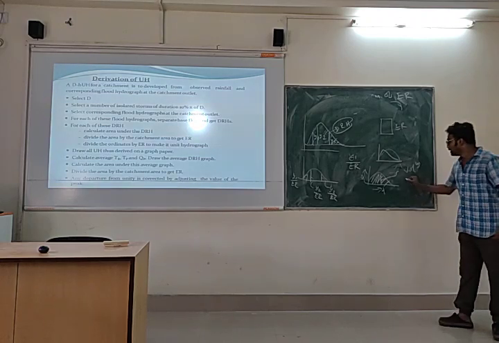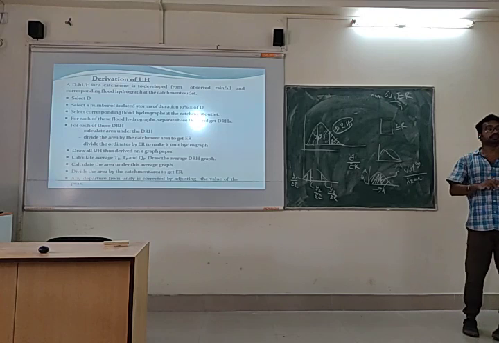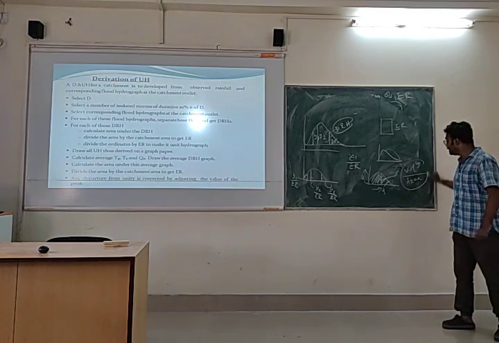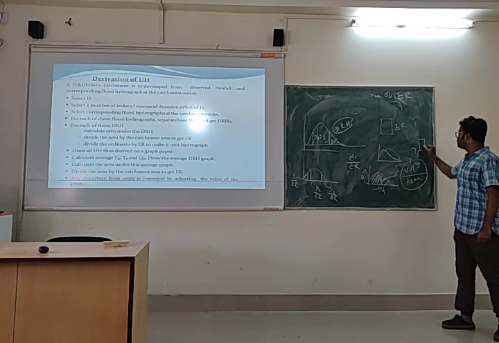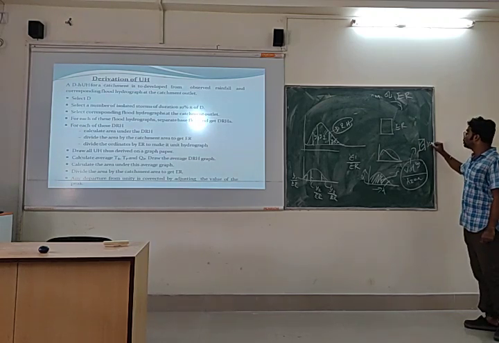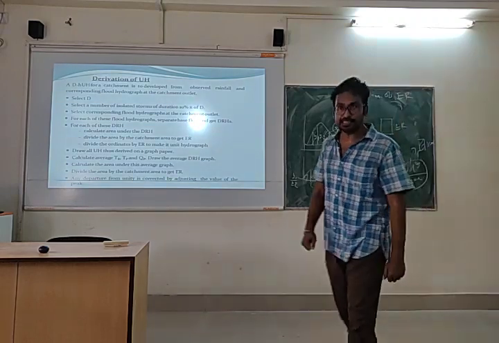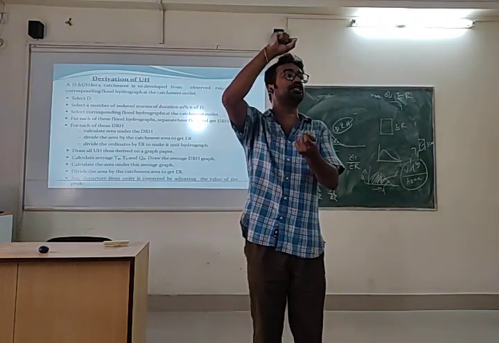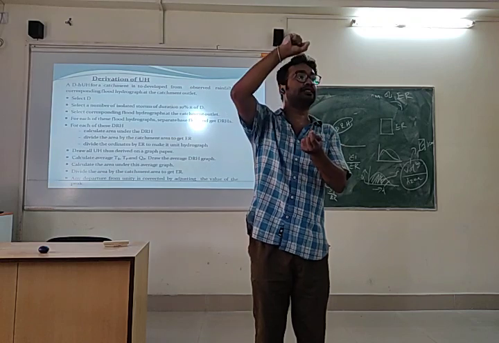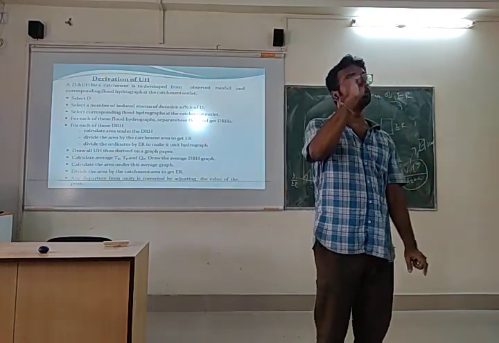Volume of direct runoff. If you divide this volume of direct runoff by the catchment area, what will you get? You will get the depth of the excess rainfall. And in this case, the excess rainfall depth should be 1 centimeter. If it is not, you have to correct it. You have to correct the position of the peak, the ordinate of the peak, until this comes to 1 centimeter.